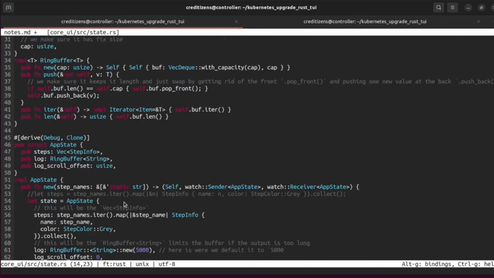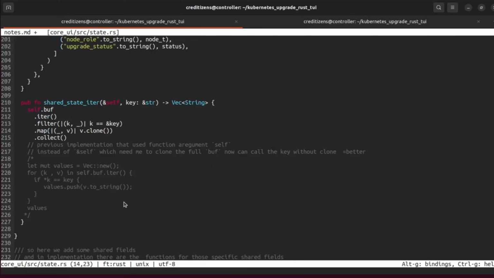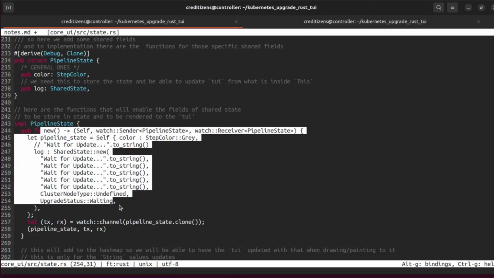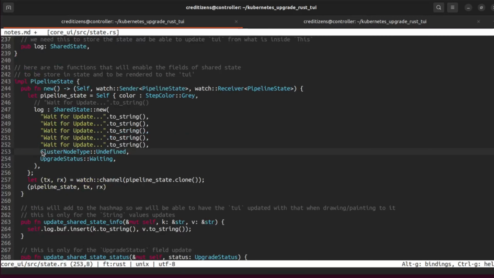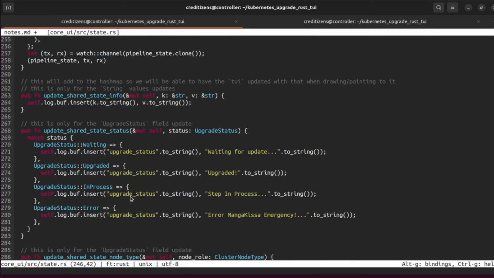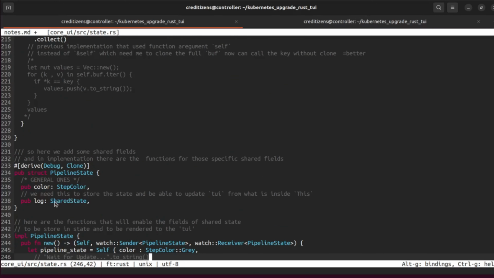And after, I have here a huge file with a lot of states and a lot of implementations for each. For example, here pipeline state is going to have a color field, which is using the enum step color, and the shared state, which is a struct. And after, we implement rules using those enums for the types, and define waiting when I create a new one. And the color is gray. And after, we have some other implementation to update those fields. Okay, and the shared state here